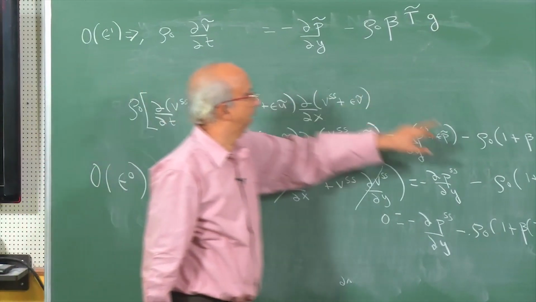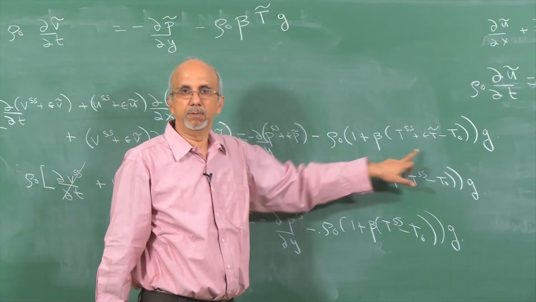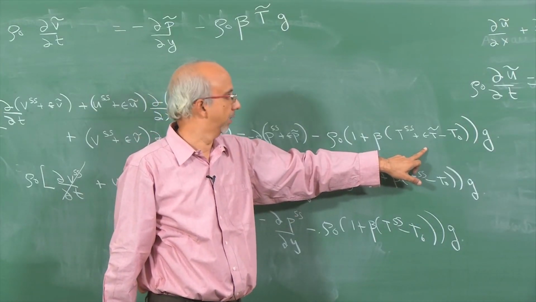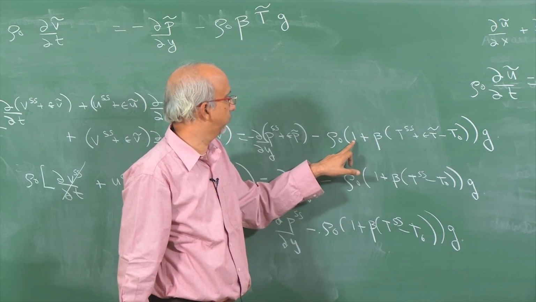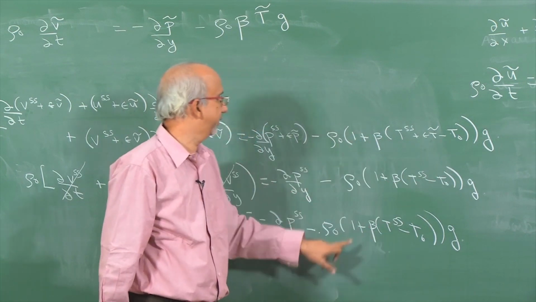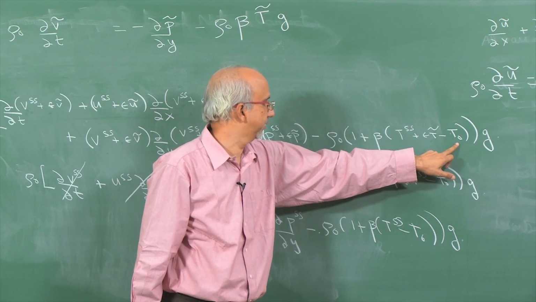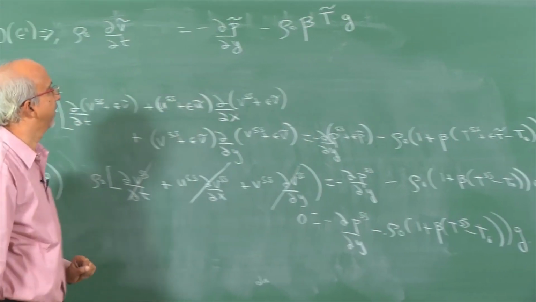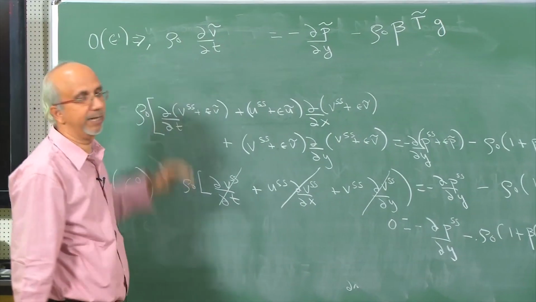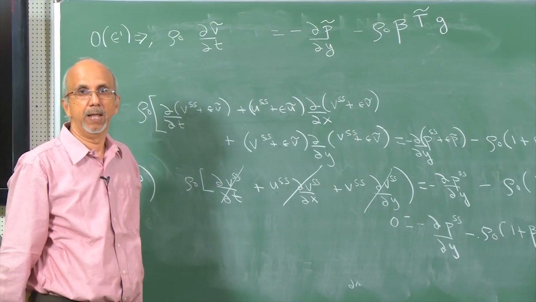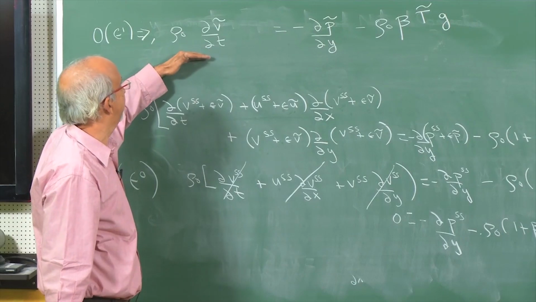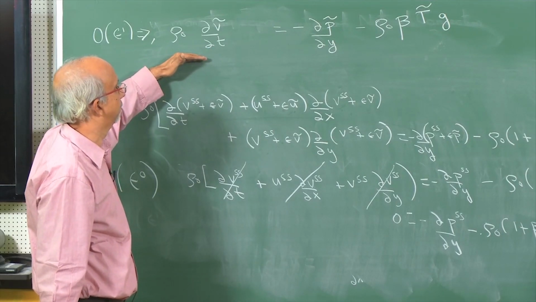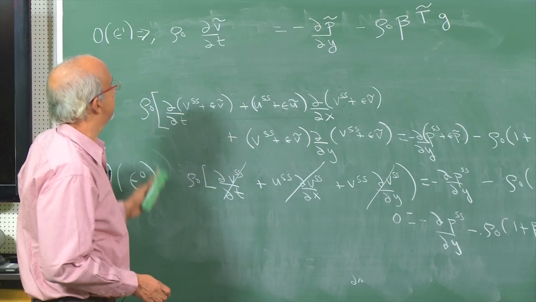So, this is the term here of order epsilon. The terms of order epsilon to the power 0 are already taken into account here. This is of order epsilon to the power 0, so is this, that is taken here at the steady state equation. So, this is my linearized equation, okay, around the steady state for my perturbed variable,